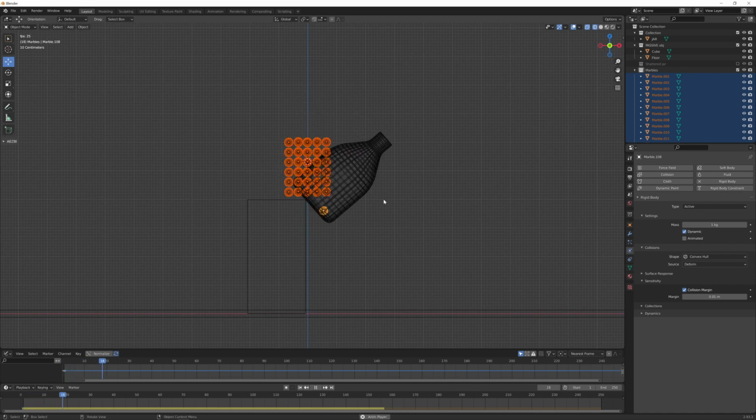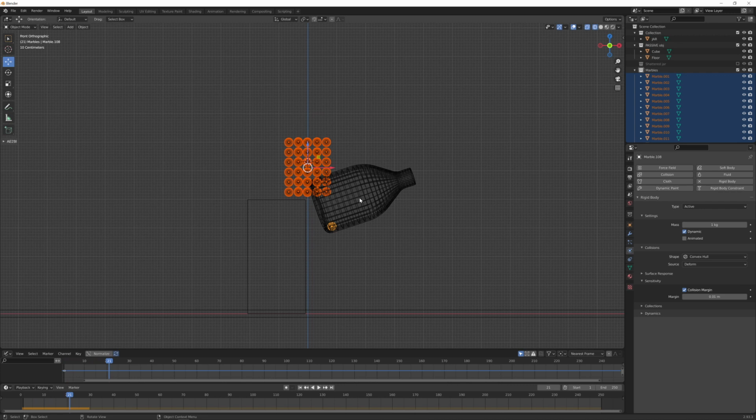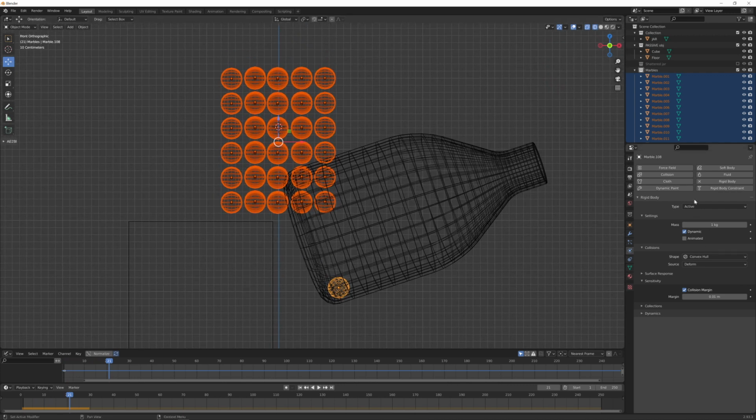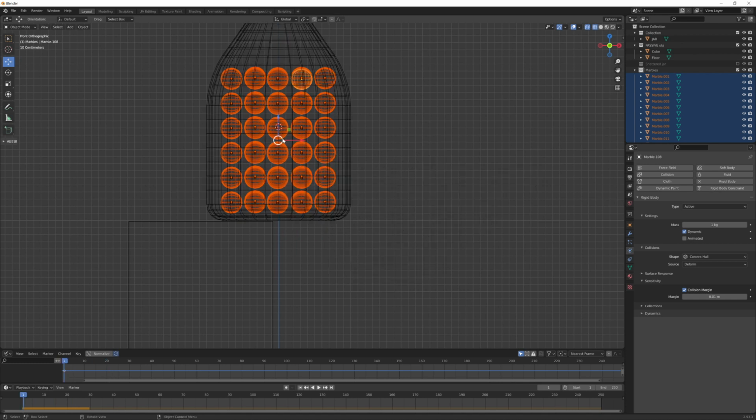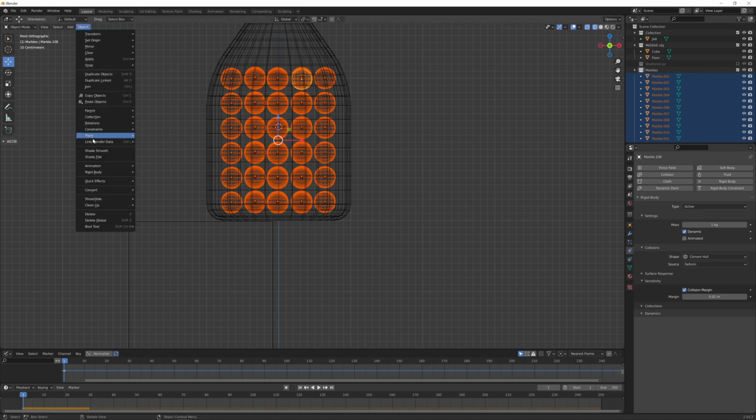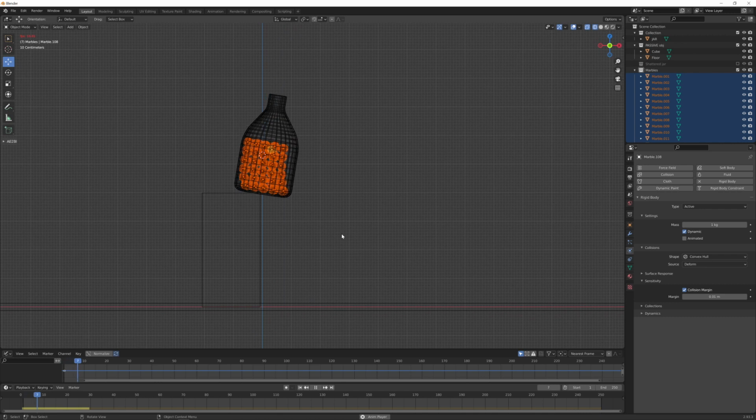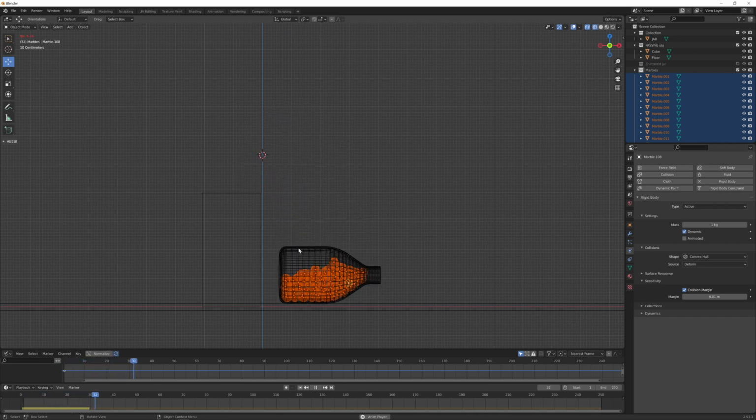So if we now play our simulation, nothing is happening because we just added the rigid body properties only to the active object. And in order to propagate these properties to all the rest of our selection, we want to go here, rigid body, and choose copy from active. So now if we play our simulation again, you can see that all the marbles are interacting with the movement